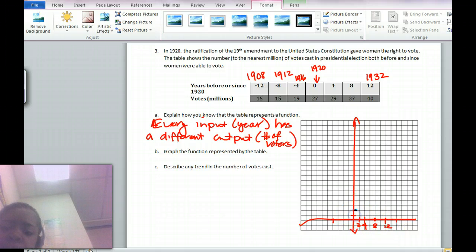Now, I'll also tell you, you will not have enough room to go all the way up here to 40, obviously. So let's count how many lines we do have. 1, 2, 3, 4, 5, 6, 7, 8, 9, 10, 11, 12, 13, 14, 15, 16, 17, 18, 19. Ooh, barely makes 20. So because I know my biggest number is 40, I'm just going to go by 20s for this one. And then for 12, I'm going to go all the way up, and then that'll be my value. So you won't have the exact numbers for 37 and 29 because they're odd. But if I was going to do